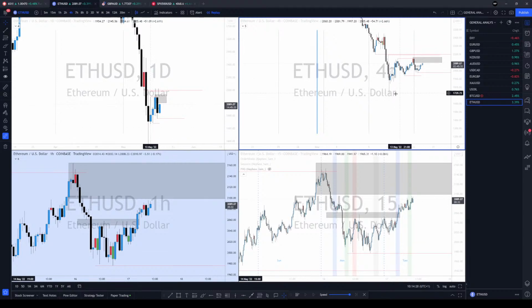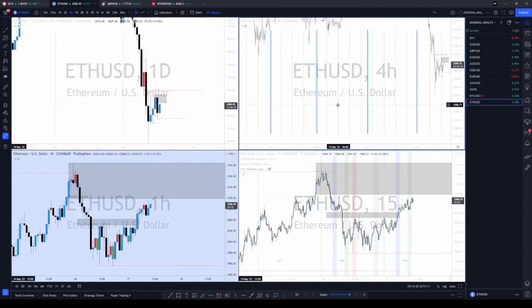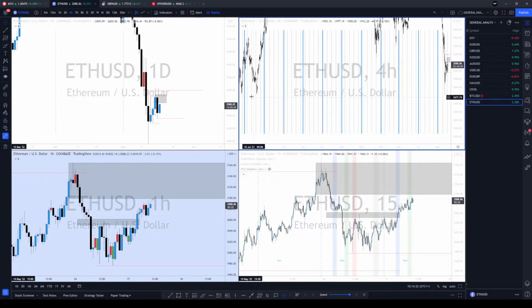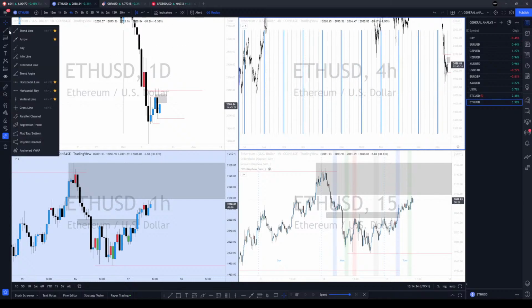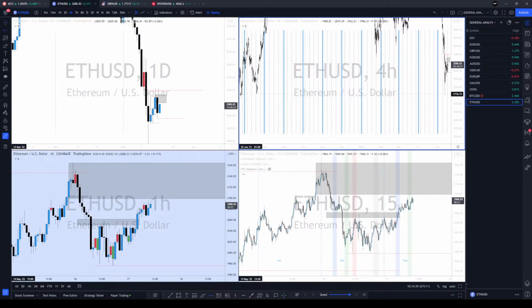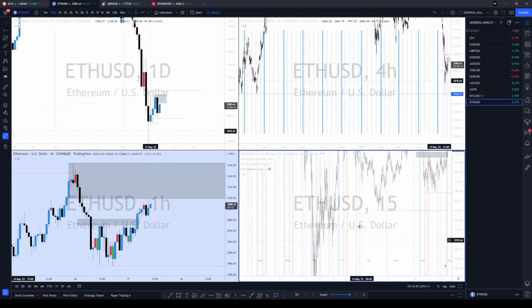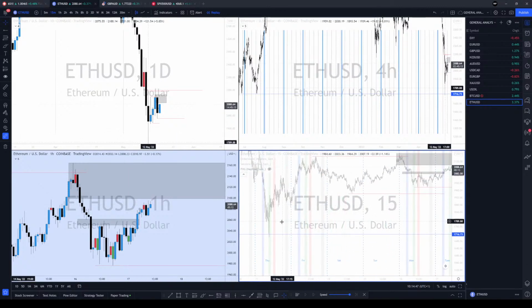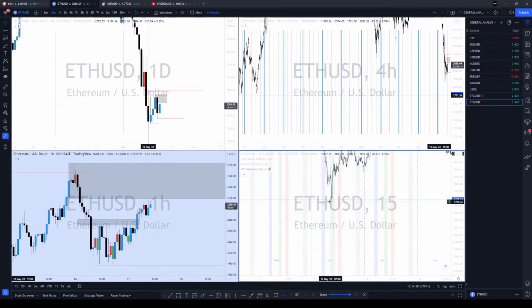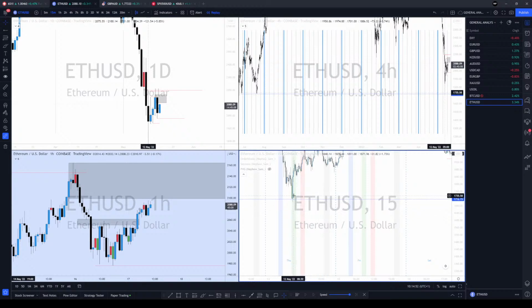I'll focus more on Ethereum than Bitcoin because Ethereum did not take out this low properly, so I think it's going to come back and sweep it again. It's going to come back and sweep it properly because the way it went below that is just too shallow. You can't do that. That's too small. Right, we want a deeper run on that. Okay, so that is that